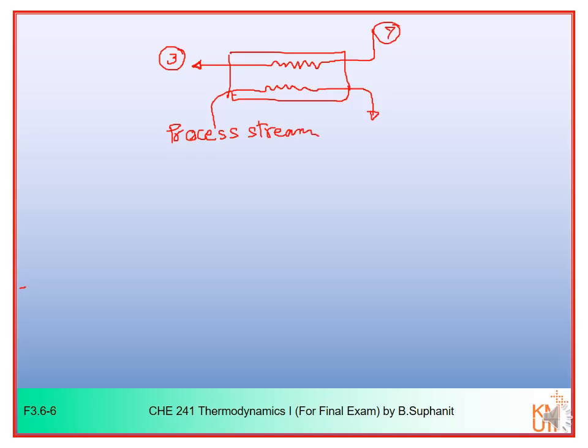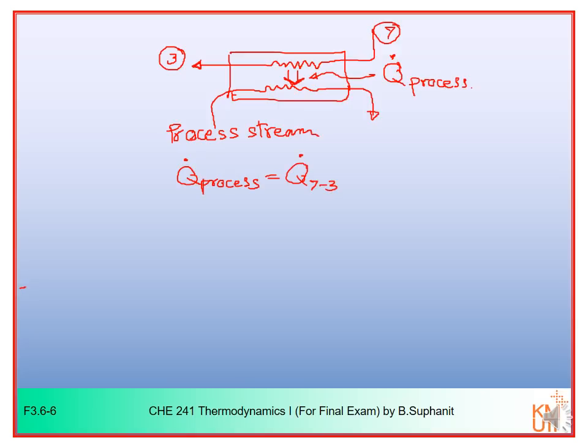Okay, so we want to know the heat that we can use to deliver to the process stream. So we want to determine this amount, this Q process here. Q process can be determined from the energy balance on the hot stream. So Q process, or the heat rate provided to the process, equal to